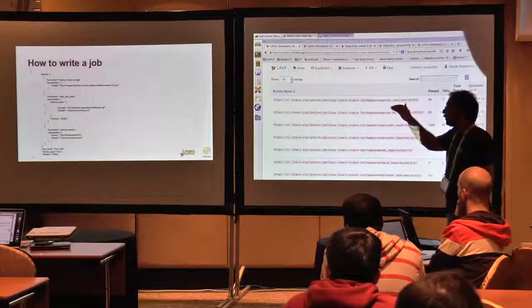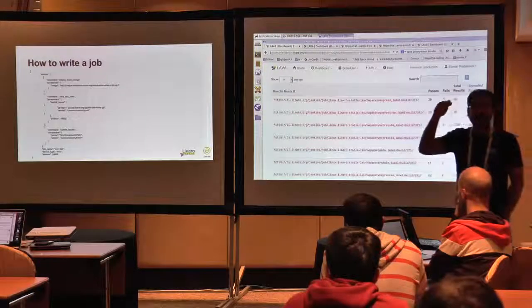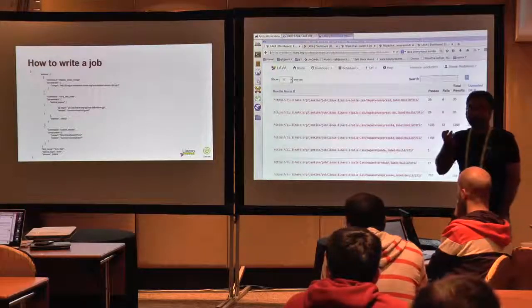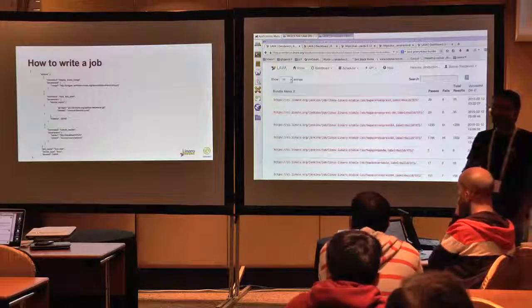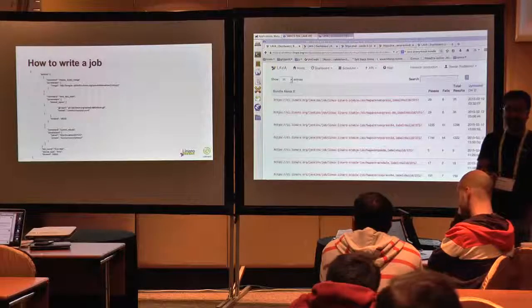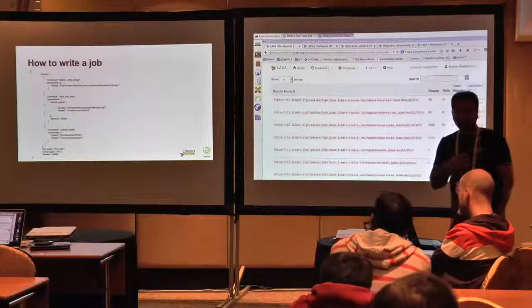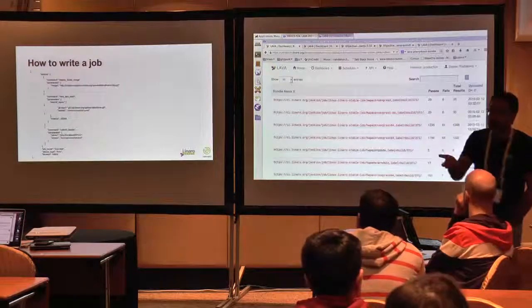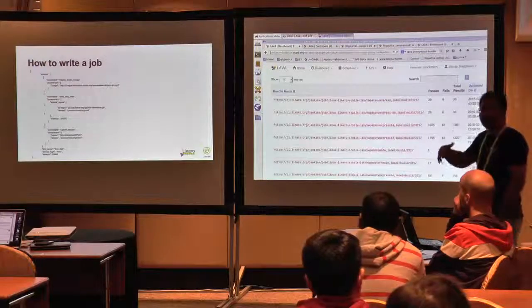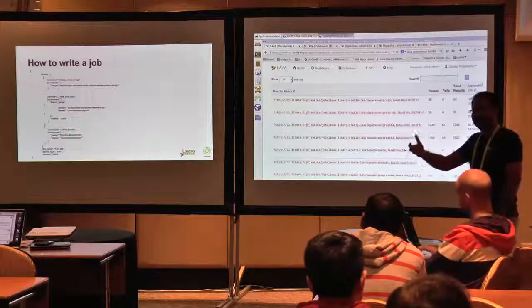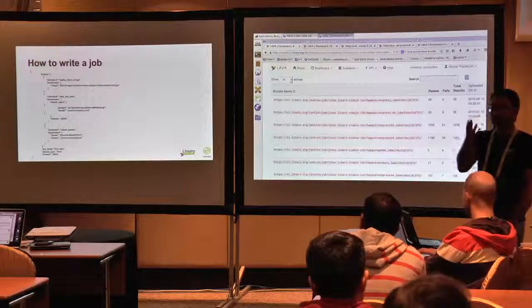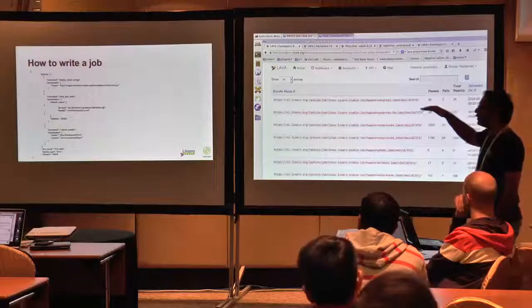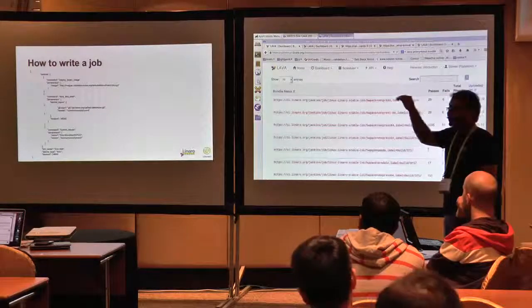Jobs are a series of actions which Lava understands in order to look for a device, put some test image on the device, and then get your test definition, whatever you want to test, and then run the test on the device, and then it submits the results accumulated from that test run to the dashboard. So these steps are defined inside a job as a series of actions.